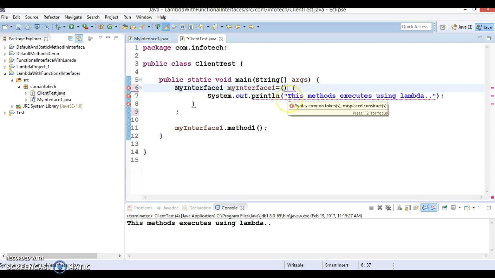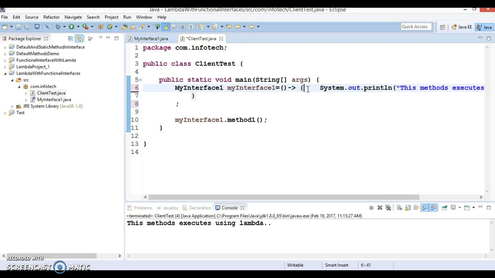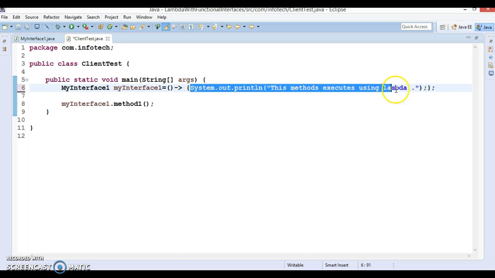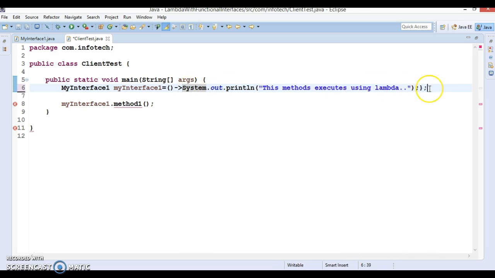After this parenthesis you need to specify the Lambda expression sign. So this is the first Lambda expression which we have written for our custom functional interface. And as I discussed previously, if your Lambda expression contains only one statement, then the curly braces are optional, so you can remove them as well.